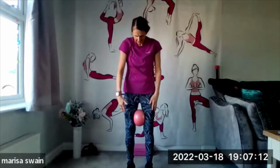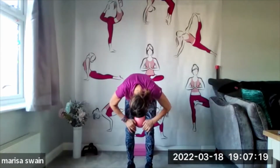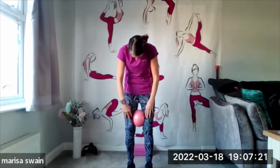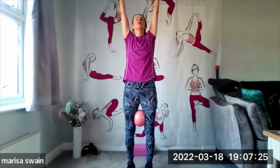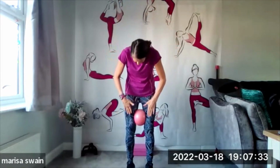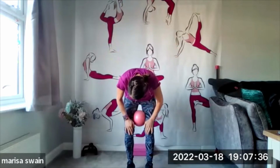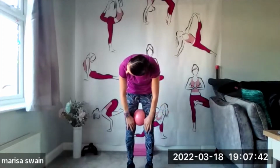Lovely, roll it down towards the knees, and then elongate the spine, and then shake the chest and roll it up. Now as I roll it up, I'm going to lift my arms up, I'm going to stretch up to the ceiling. Then I'm going to bring the hands down, following my hands down, and place them to the thighs, then I'm going to come into elongate and flexion. And again,